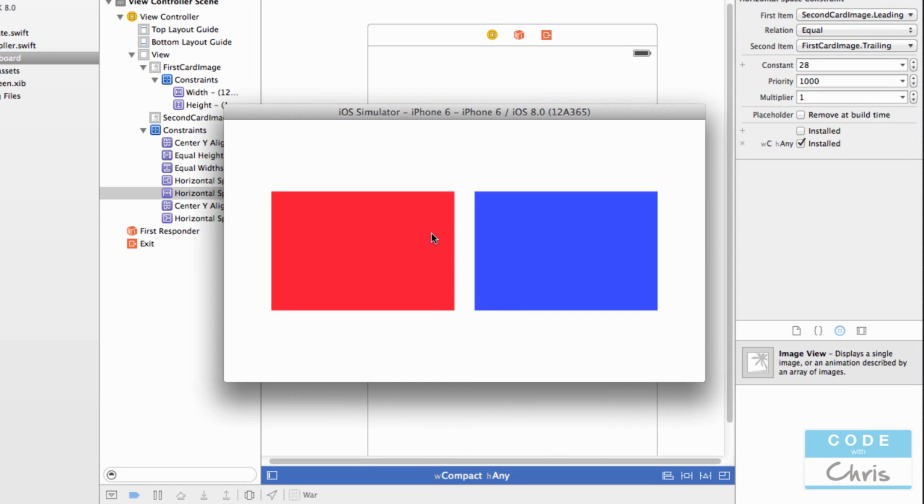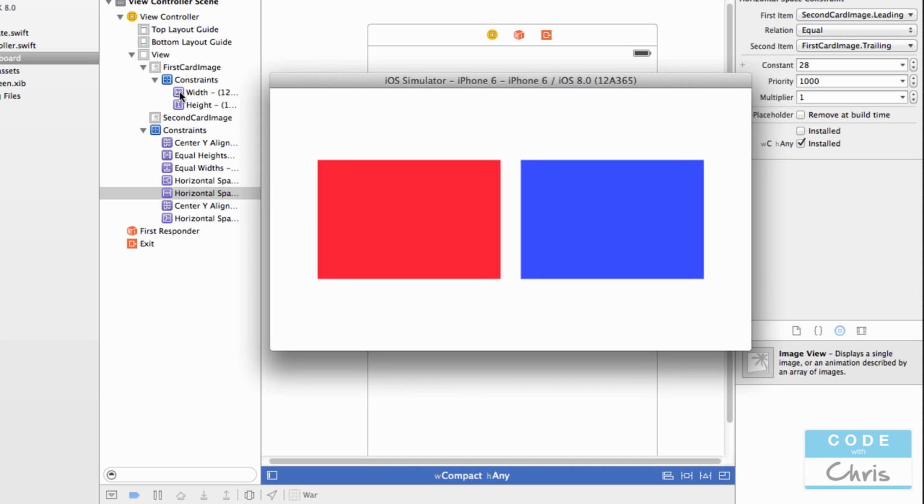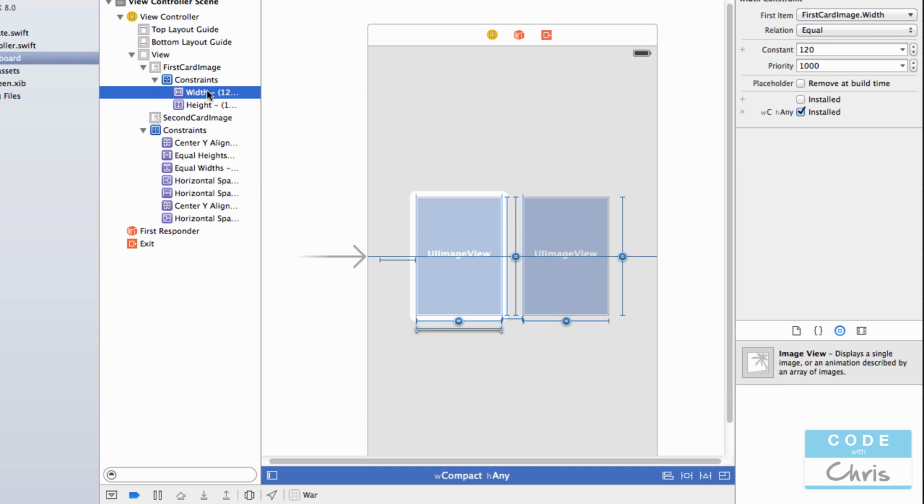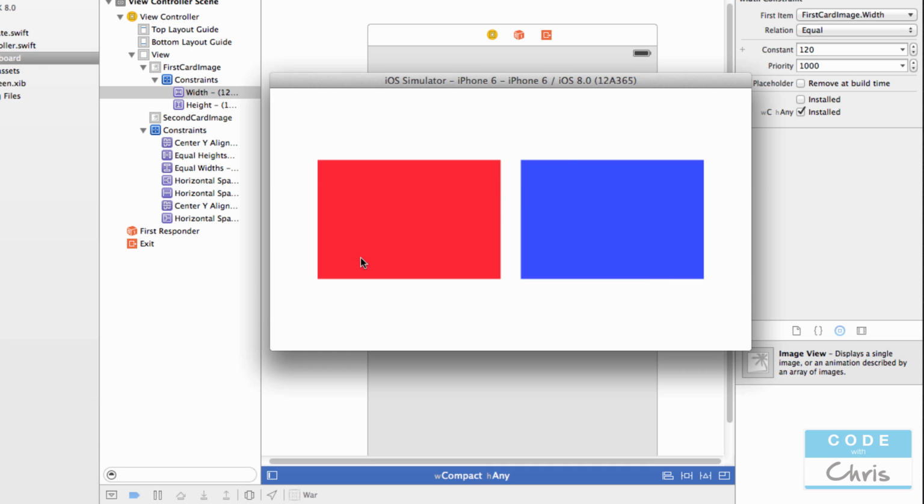So we added a new constraint to say that it should always be 28 pixels together side by side, and that they should be the same width, and that they should be 50 pixels from the edges, right? But there's one constraint that is conflicting with all of this right now. We have this constraint here that specifies that the width should be equal to 120. Well, the width actually cannot be equal to 120 if we